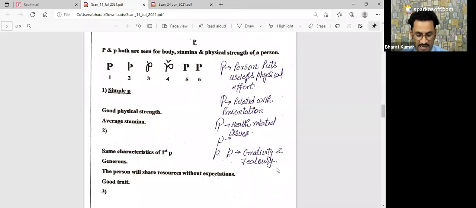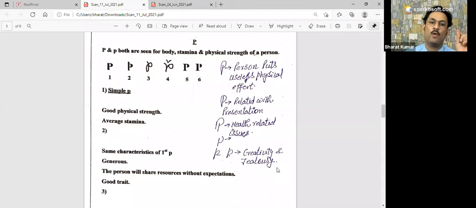Ashish or someone else sent me a different kind of P, which is excellently different. So I am going to post it in the group so that you can understand this kind of P also. This P has two hooks. Please check in the Graphology level 7 WhatsApp group. I have posted something. If you are using this kind of P, these people may have stress related issues.